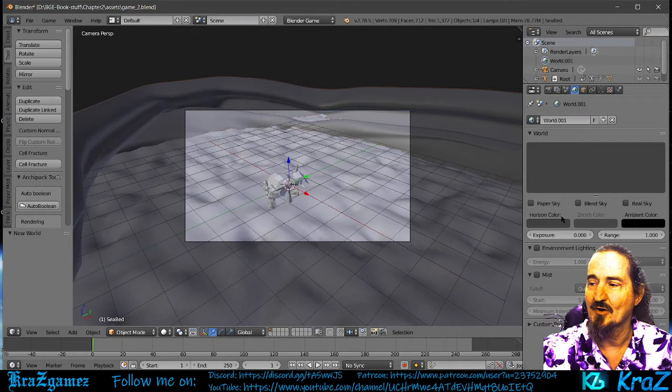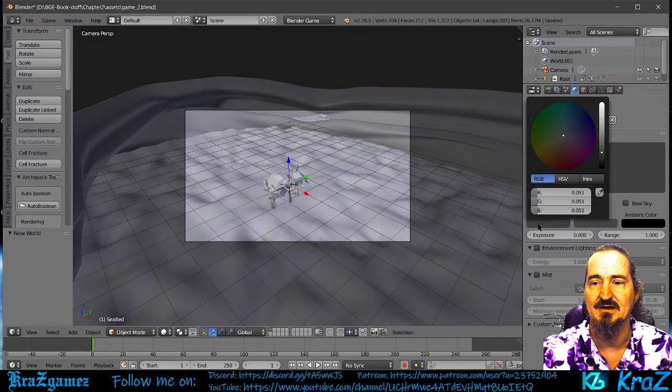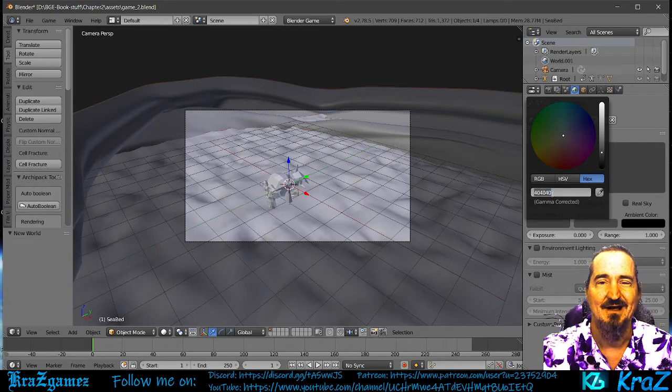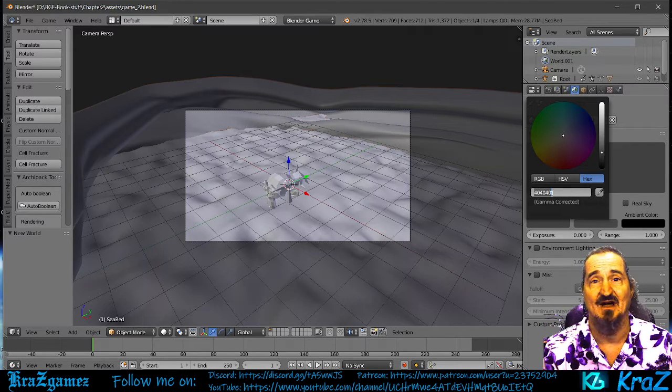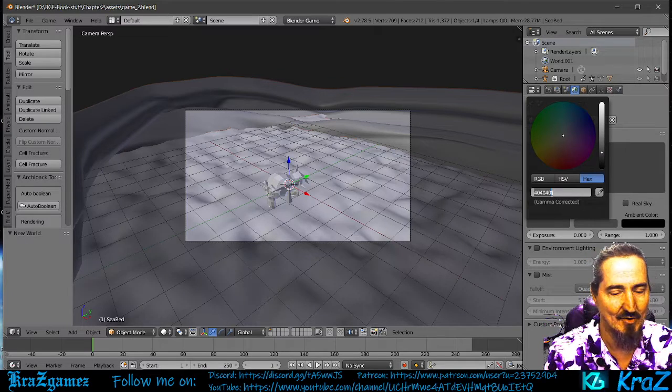Okay, set the horizon color. Come over here to the horizon color, you click it. Now they give you a hex value. All right, you can go over here to hex. If you know what color you want, if you want to make it lighter or darker, that's fine. A bluish effect is just fine as long as you get that blue, blue-gray effect. Okay, so we're going to type in